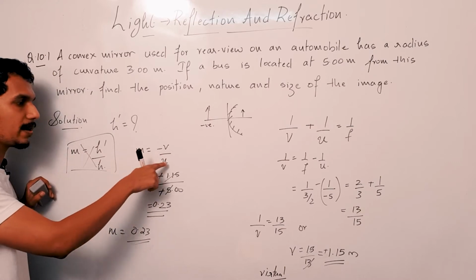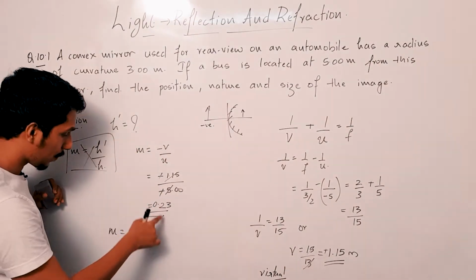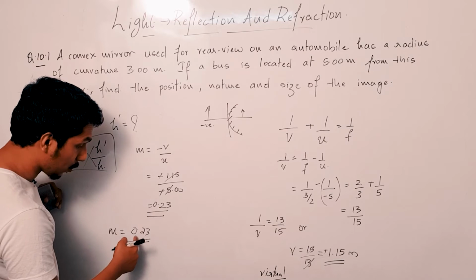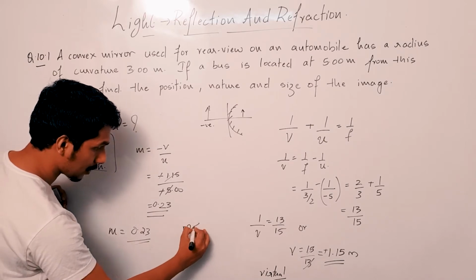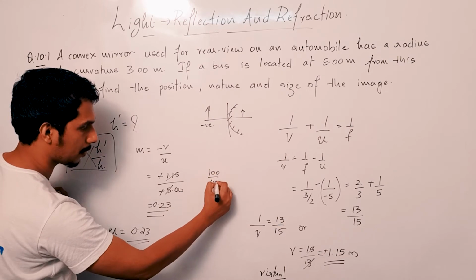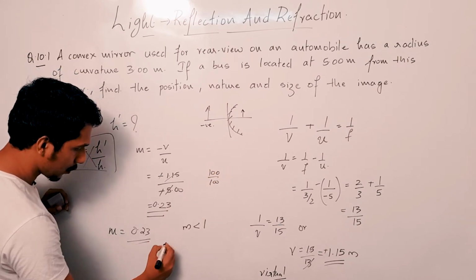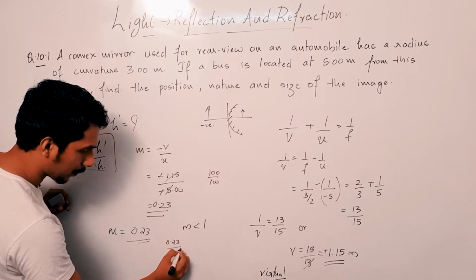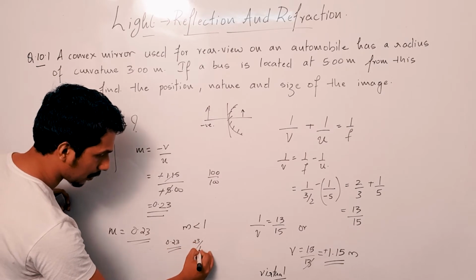You have m is equal to minus v by u. With that, you found out the magnification to be 0.23. You see that the magnification is less than 1. Less than 1 means less than 100%. Here, it is only 0.23 of the total image. That is only 23% of